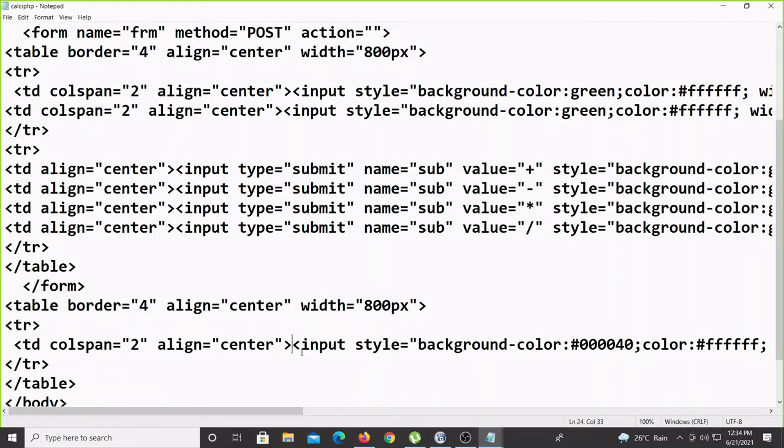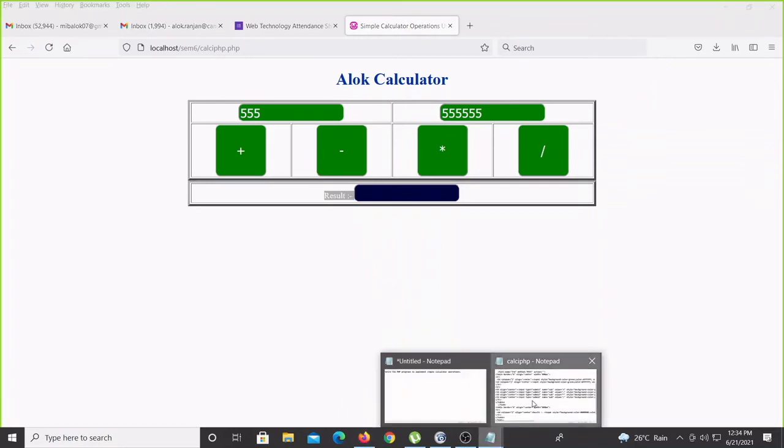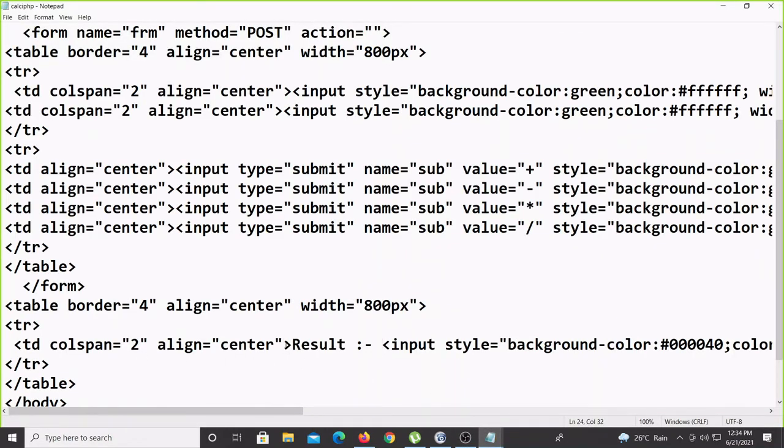If you want, you can give a label also here, no problem. I can write here result colon something. Okay, and if you want any kind of designing, we can put it inside the TD. The result is coming. Font and everything you can increase, nothing else, not a big thing here. But we have to write that inside the style attribute along with the TD. Style, color colon, I can go for a simple red color. Font hyphen size 24px. Enough here. Yeah.